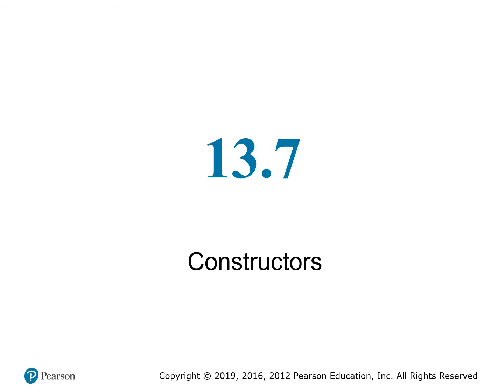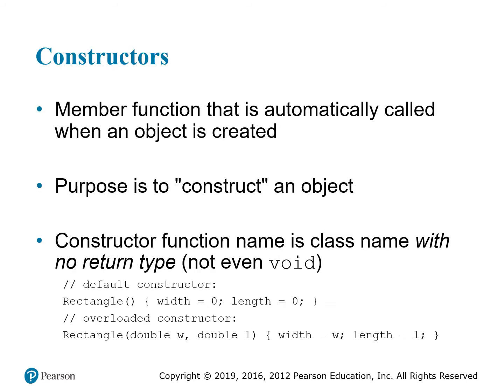Constructors. Okay, let's take a deep breath. We've now learned how to specify a class. We've learned how to make objects out of our class. What we haven't learned is that there's an easy way to set the values of your object right up front when you make that object, called a constructor. It's a member function that is automatically called whenever a new object is created on a line of code. The purpose is to construct the object,